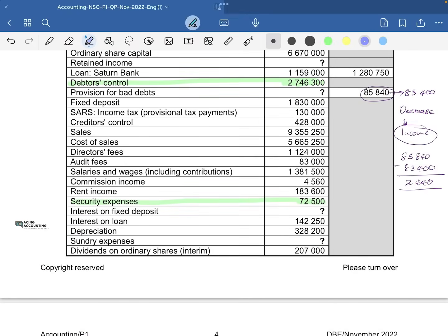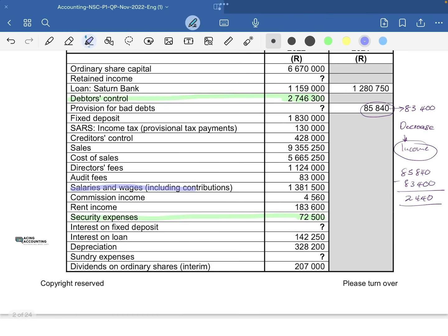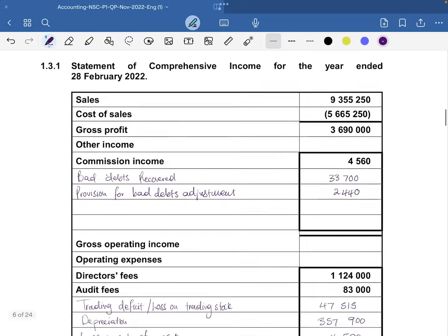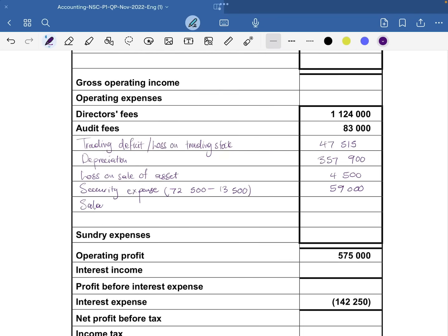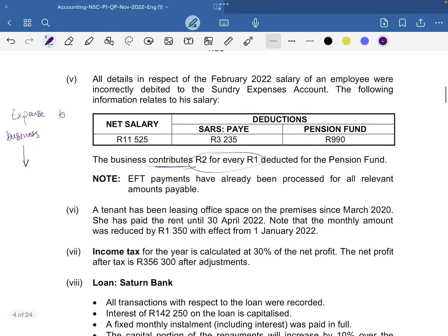Let me use a different highlighter. For salaries and wages, we have 1,381,500. So let's quickly go to our income statement there. Salaries and wages: 1,381,500, plus we're adding to the salaries balance that we were given 11,525. We are adding 3,225. We're also adding 990, plus we are adding